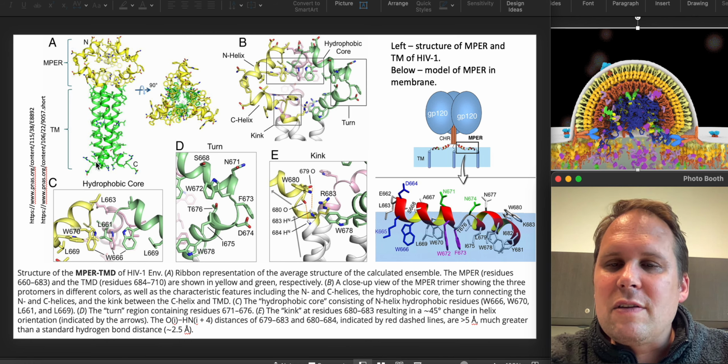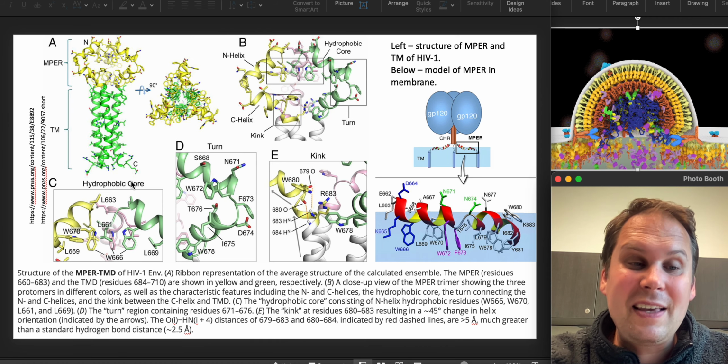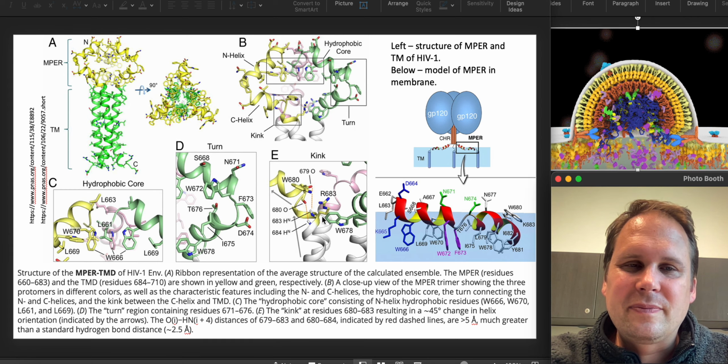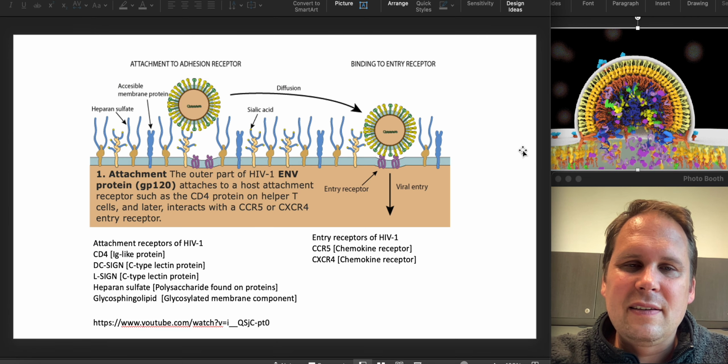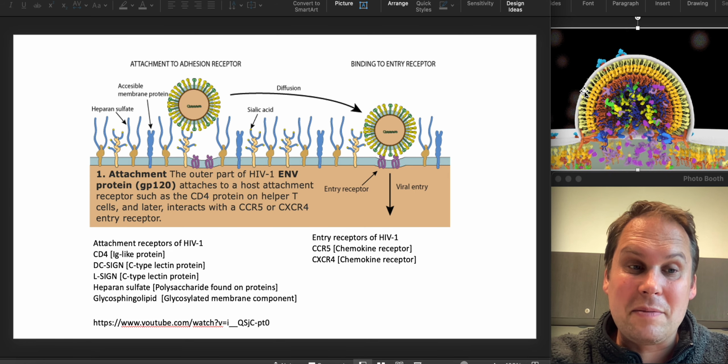And then underneath it, you can see the structure of the transmembrane, which, like we said, is an alpha helix of mostly hydrophobic amino acids. So there you go. All right, that's the end of this section, and we'll get in toward the mechanism in the next section.